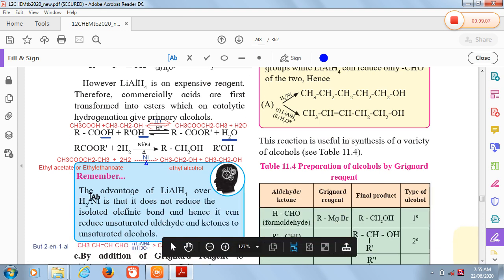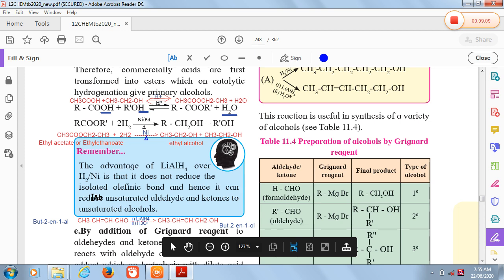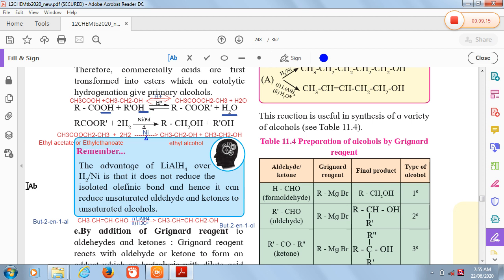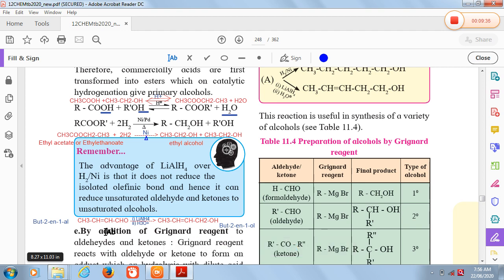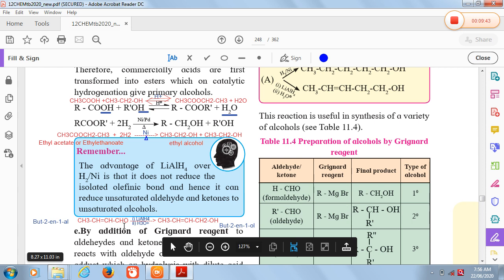Then, what is the advantage of this LiAlH4 over H2/nickel? One advantage is that it cannot reduce the carbon-carbon double bond in your carbonyl compound. So, for example, but-2-enal, CH3CH=CH-CHO. If you use LiAlH4 for such an aldehyde having a double bond, it reduces only the carbonyl carbon, and it does not reduce the carbon-carbon double bond, because